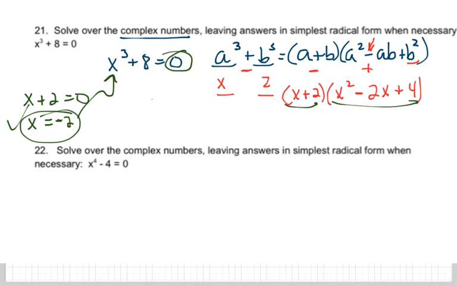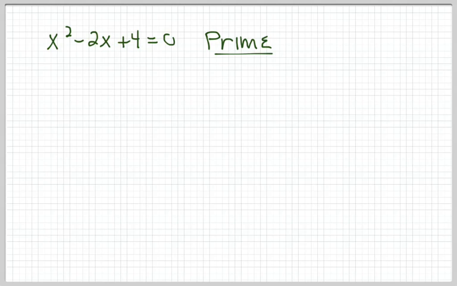This other equation is quadratic. We've got to solve now. x squared minus 2x plus 4 equals 0. I'm going to take x squared minus 2x plus 4 and break this thing out and solve it because it takes a little bit of work. Now, this is quadratic, and normally we try to factor it, but it came from a sum of cubes, and so it's prime, which means we cannot factor it. So our only choice is to solve it by